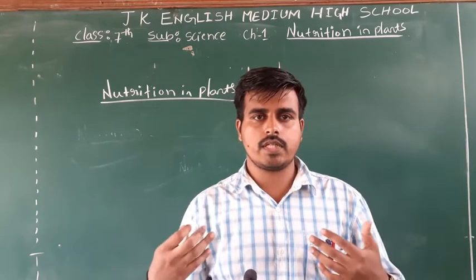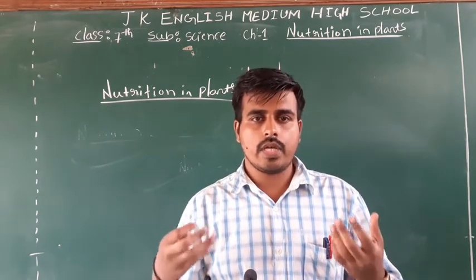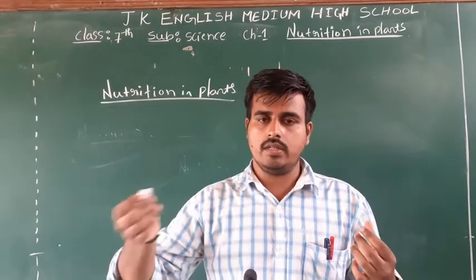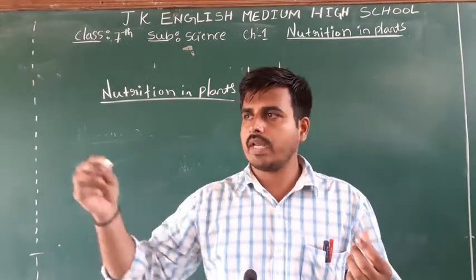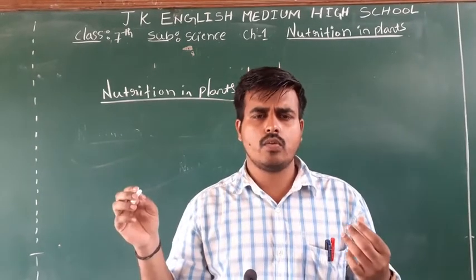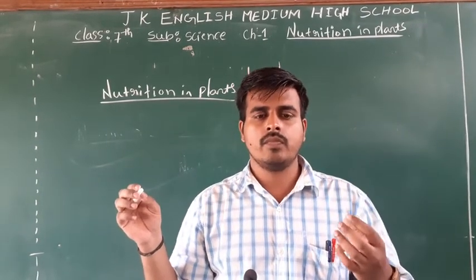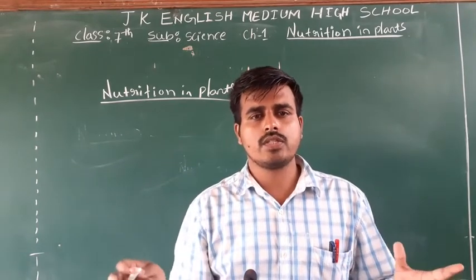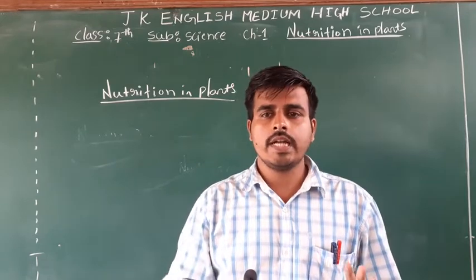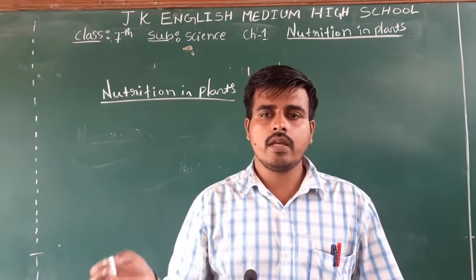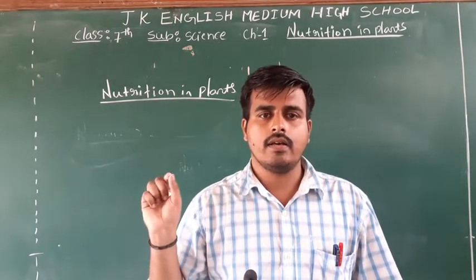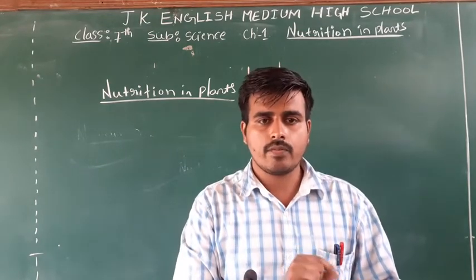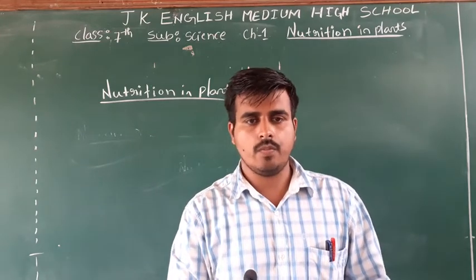We are more sophisticated. We can think, we can talk, we can understand the many things which are happening in our surroundings. Whereas plants are quite stable. They are not as intelligent as human beings. Even so, humans fail to prepare their own food because of a main basic difference in the basic unit of life, that is cells. There is a main basic difference between the cells of plants and the cells of human beings